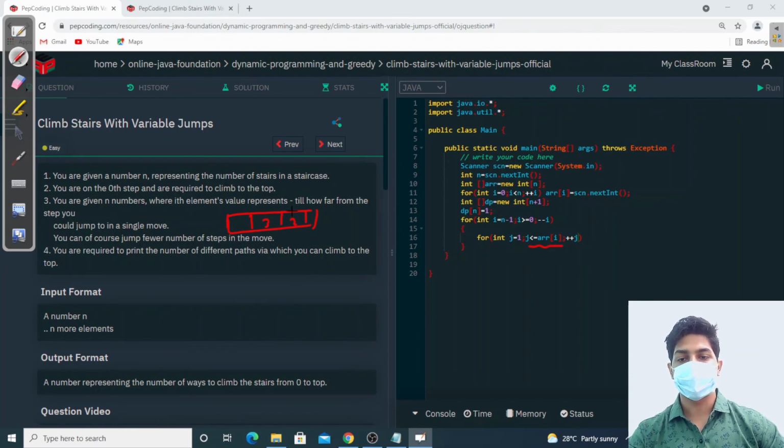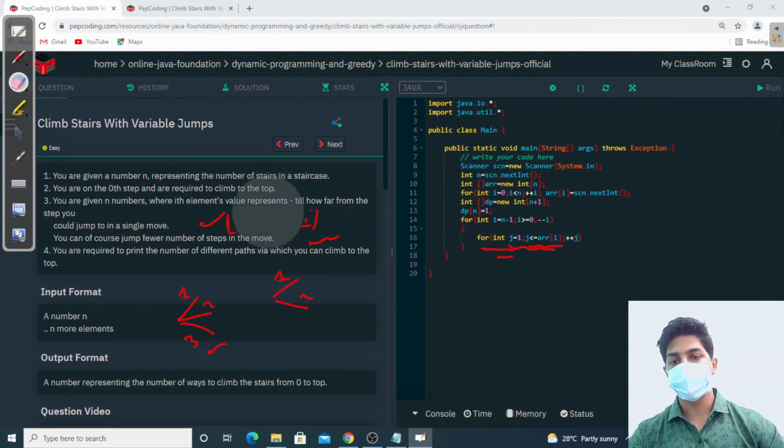If here 5 is stored, here 2 is stored, so we can take a jump of either 1 unit or 2 unit. Here 3 is stored, so we can take a jump of 1 unit, 2 unit and 3 units. So that is what is stored. We will start from 1 and we will jump till the allowed value for that particular stair. Okay, that many steps we can take. So we are using this for loop to take the number of allowed jumps.